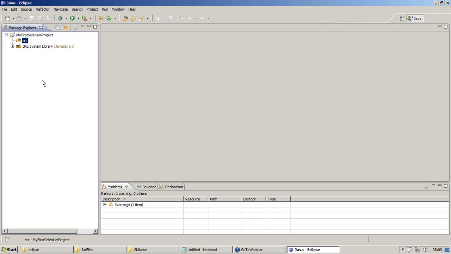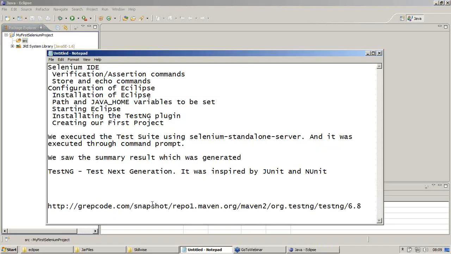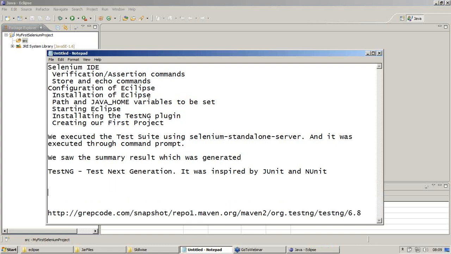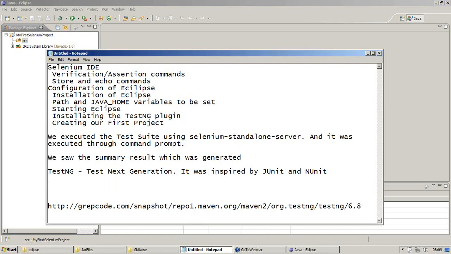Yesterday I told you that we need to have jar libraries in place for our automation framework using TestNG.